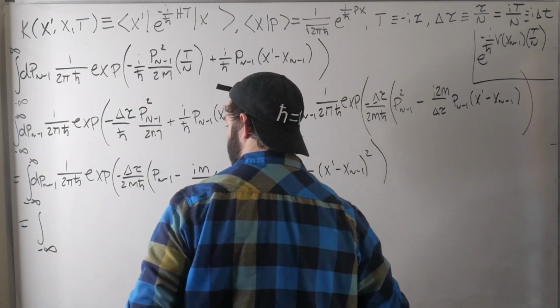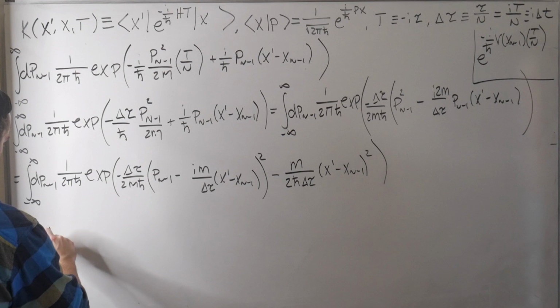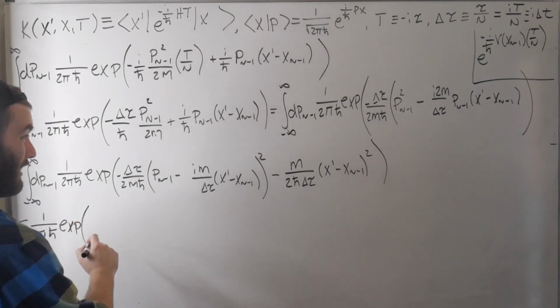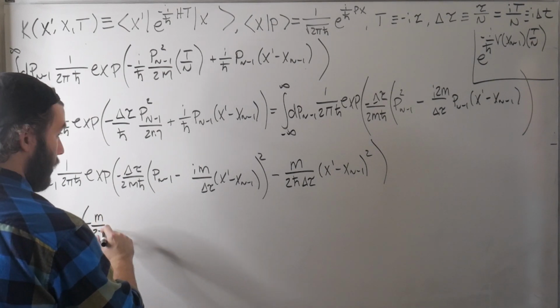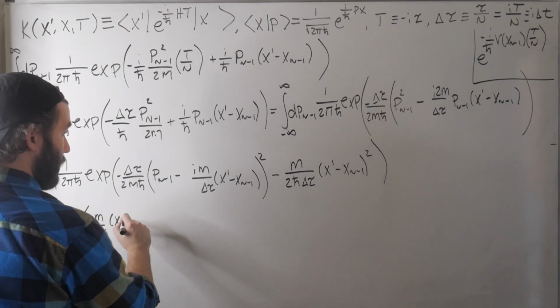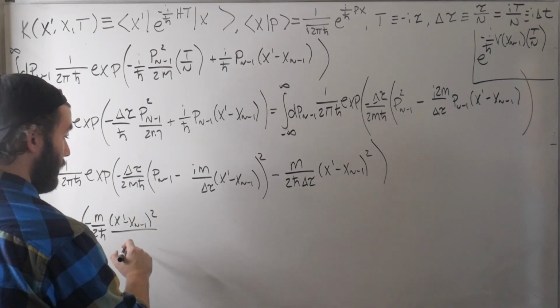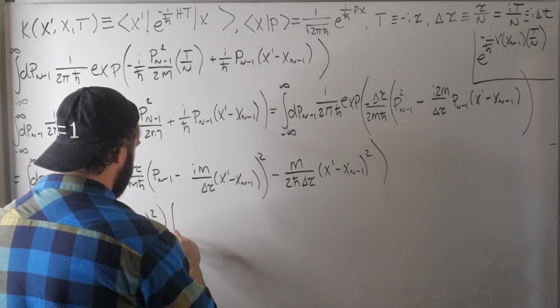Let's just pull out all of the constant stuff. So we have a 2 pi h bar over 1, exponential of minus m over 2 h bar, x prime minus x sub n minus 1 squared over delta tau, and then the actual integral